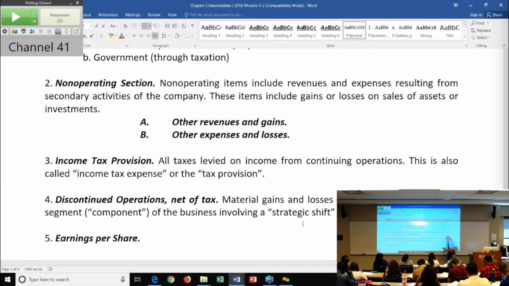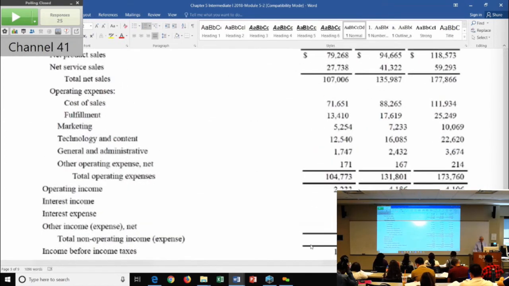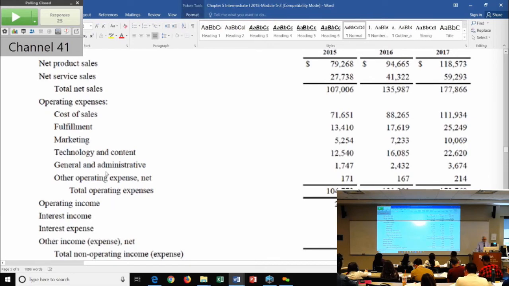Now let's take a look at another example. If we go to Amazon on the next page, so here's an application. Amazon, this operating income is absolutely correct. That is EBIT. So their operating income is in fact EBIT. There's no doubt. So this is earnings before interest and taxes. Below EBIT, you find